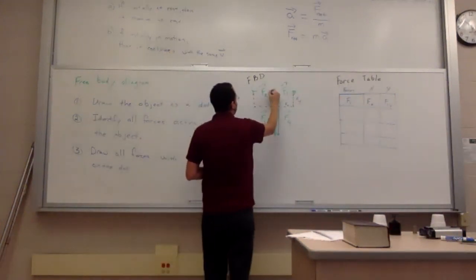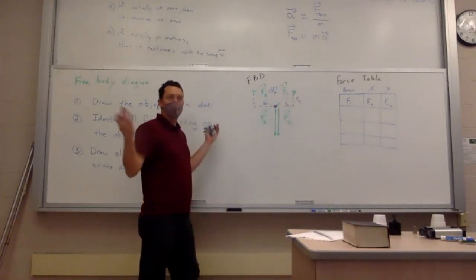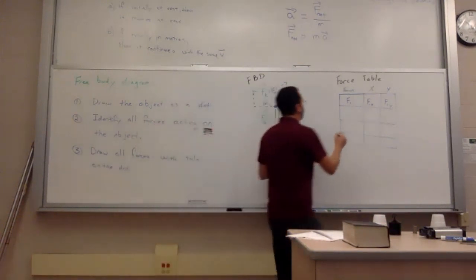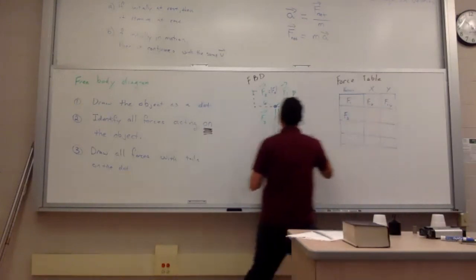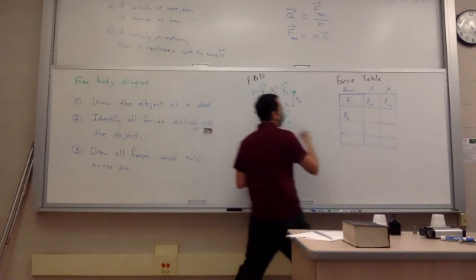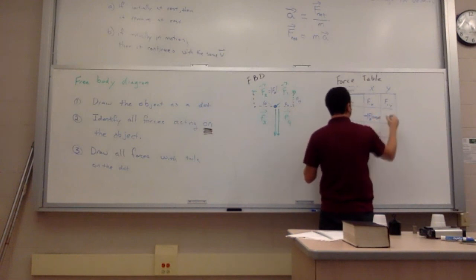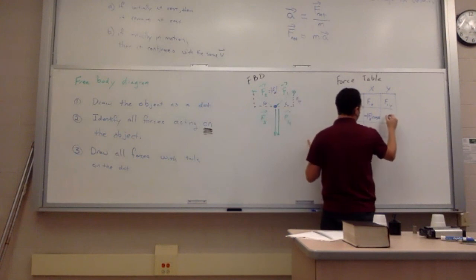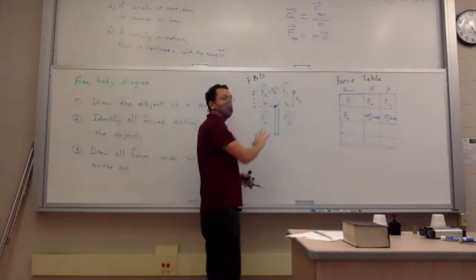And let's say for 2, I was given the magnitude of F2 and the angle for F2. Some problems can be written all different ways. So for force 2, in the x direction, that's going to use the cosine of this angle, and it's to the left, because it points to the left, so it's going to be negative F2 cosine theta. And here I would say, well, it's going upwards in the y direction, so it's going to be F2 sine theta.